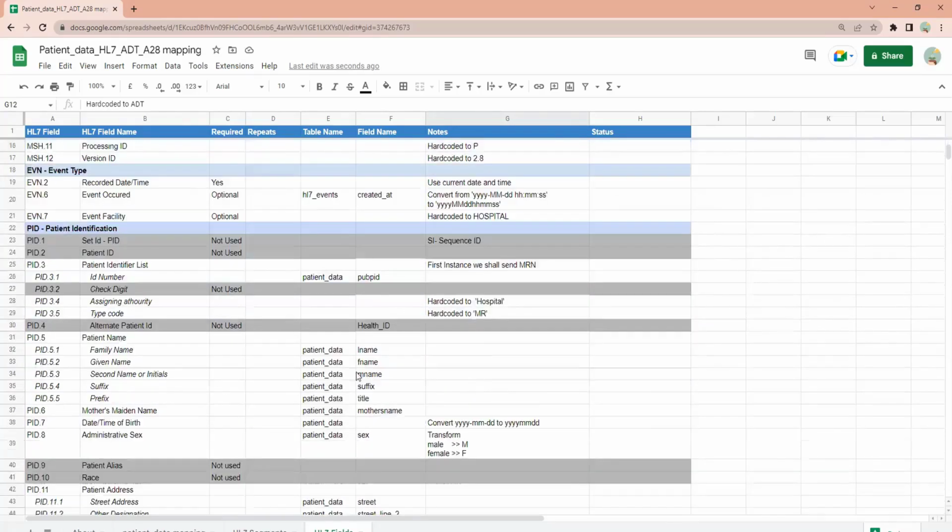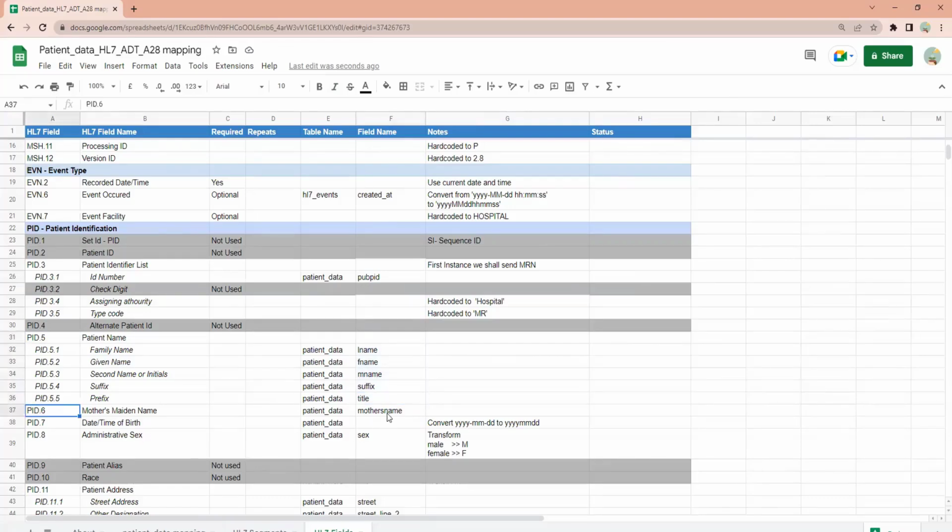And within PID, the main thing is that we are going to send the patient identifier, the medical record number, which we are going to get from a field called PUBPID. And then we are going to send the various parts of the patient name.